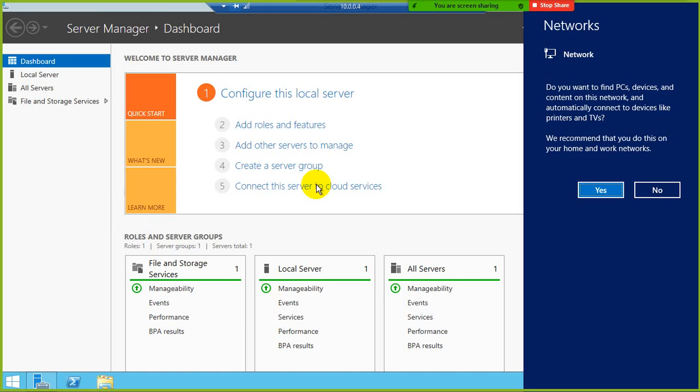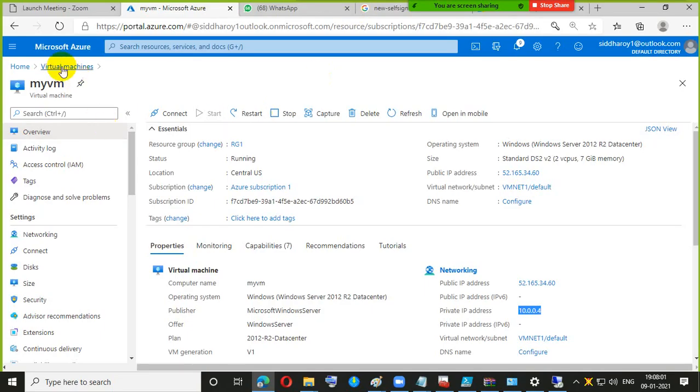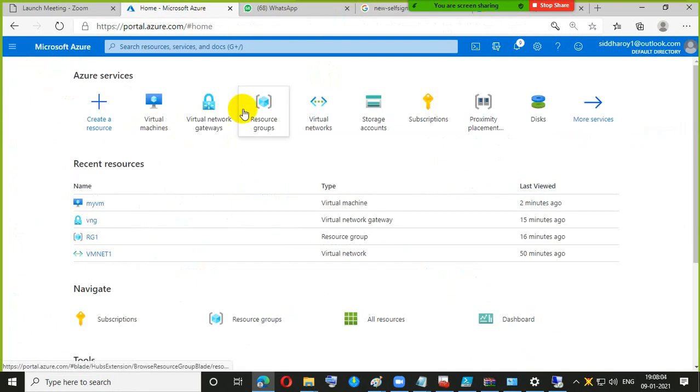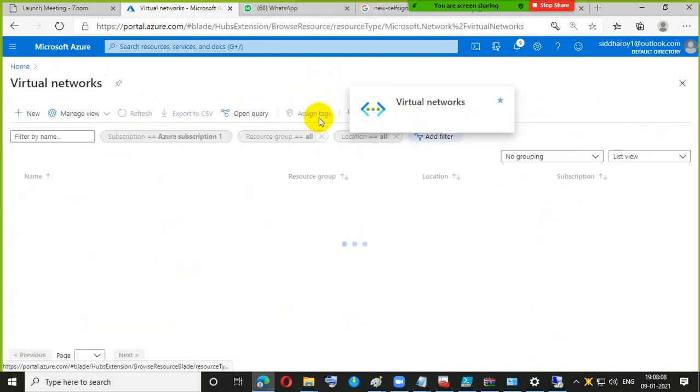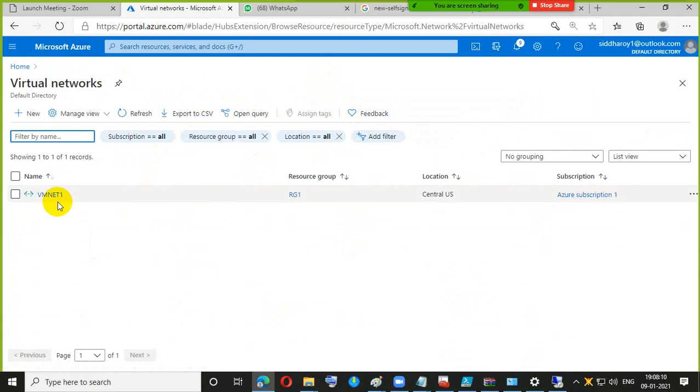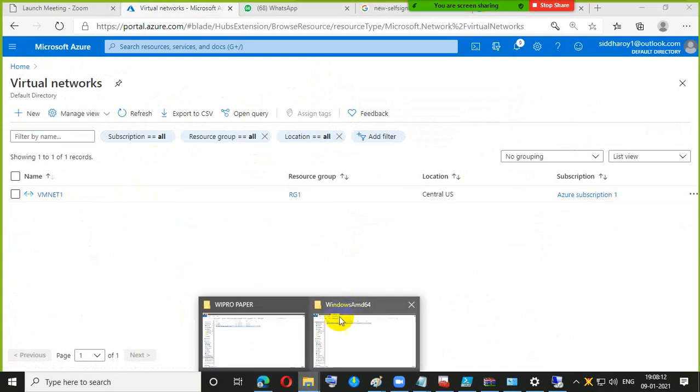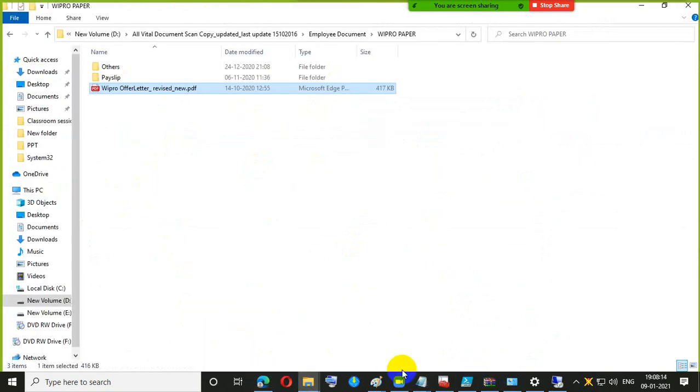Now here, who is authenticating? Your VNets. If you go to the VM networks, sorry, not this one, the VNet 1, it is created in that only, the VNet groups. Clear?